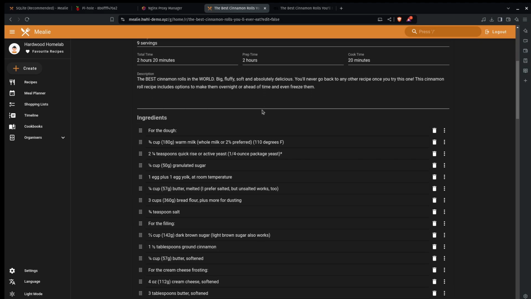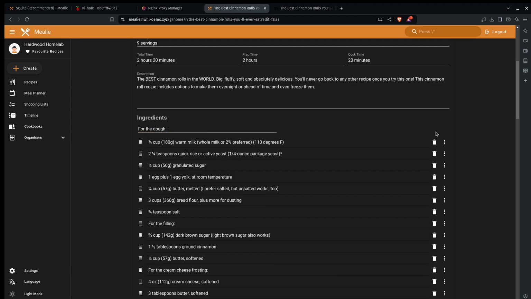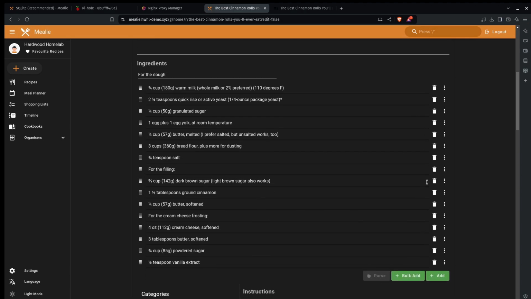So if we go to for the dough, we can toggle section here. I'm going to take for the dough off. I'll copy that. I'll paste that as the title, and then I'm going to erase that as an ingredient. Same thing with for the filling, so I'm going to go to the one below it,